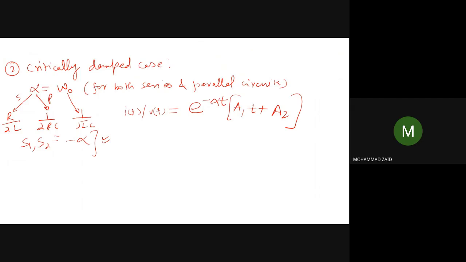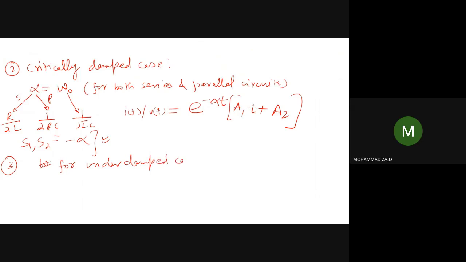Okay, because the under root part will go to 0. So in that case it will be written like this. The third important case, which I have already given you in the last tutorial, is to write a response for the underdamped case. Okay, so it is a little bit different for the underdamped case.